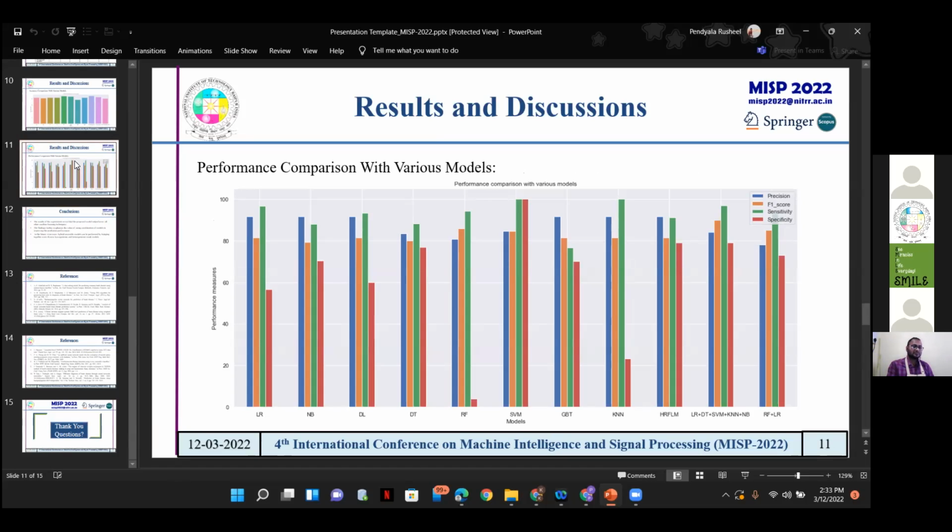Because logistic regression is a linear model, sir, and random forest is a non-linear model. As we combine both, we gave it the name hybrid ensemble model. Logistic regression is your linear model and random forest is non-linear. Yes, sir. So their decision boundary will be linear or non-linear in case of random forest? I did not get you, sir. Can you repeat it again? The decision boundary which will be generated through this random forest, will it be linear or non-linear?